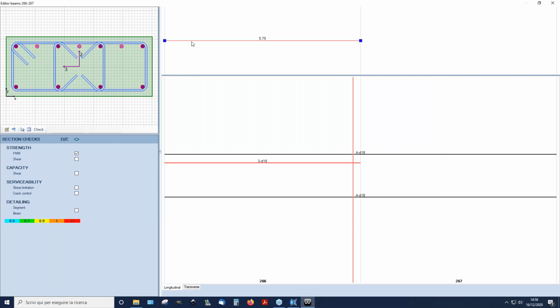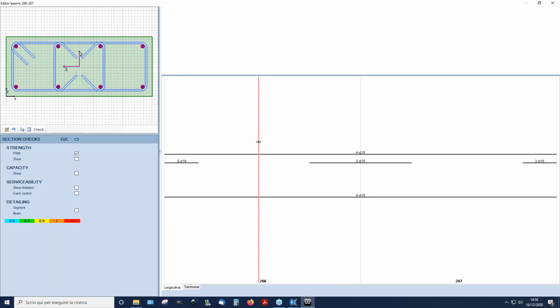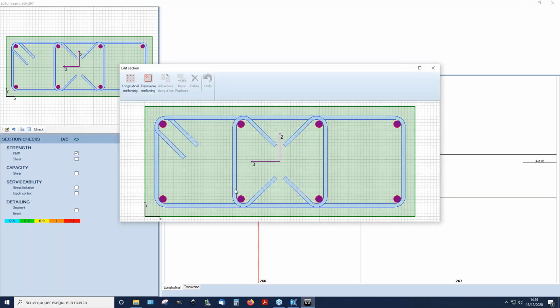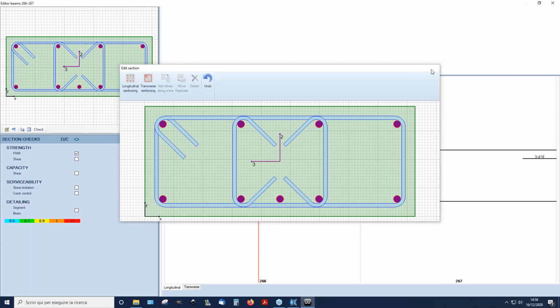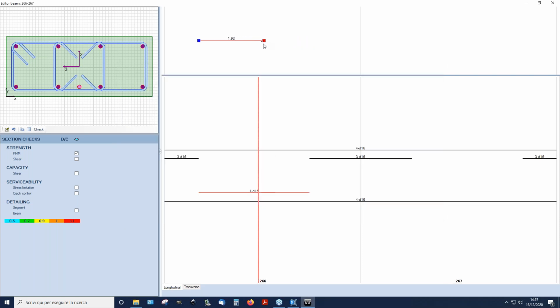Okay, and then I can specify the length of each segment of additive rebar. I will do a symmetric layout in this case. Okay, and I want to do the same in the middle segment of the section. In this case, I put only 1 additive rebar in the middle. Okay, here I will snap to the center of the beam, and I will have an extension of 1 meter and 1 meter, and the same in this